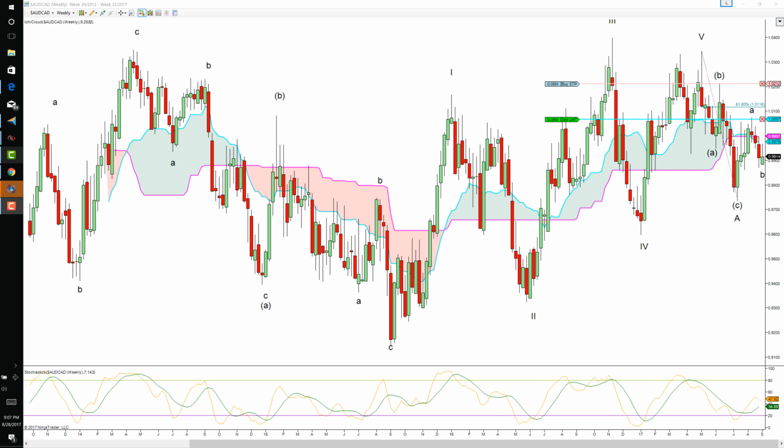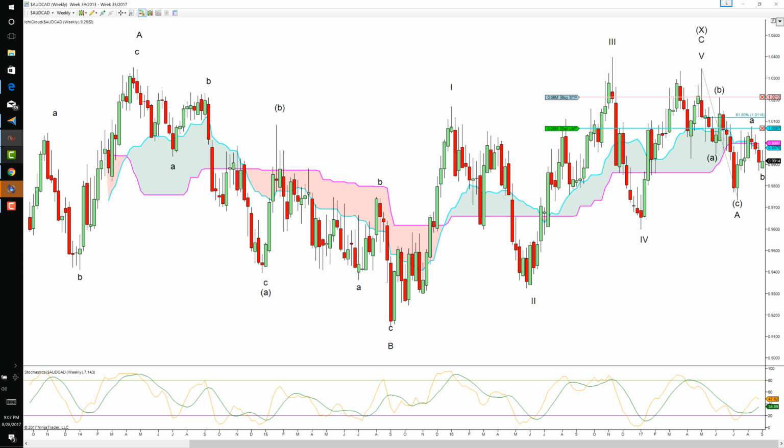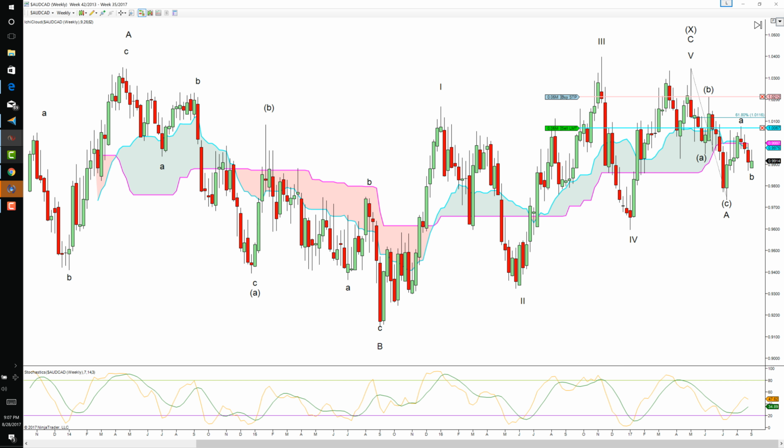Today I want to discuss a couple of charts. I'll go deeper into detail on what I'm looking at, but I want to go over when you label a market, and then when you take a look at it again, you notice that what you labeled